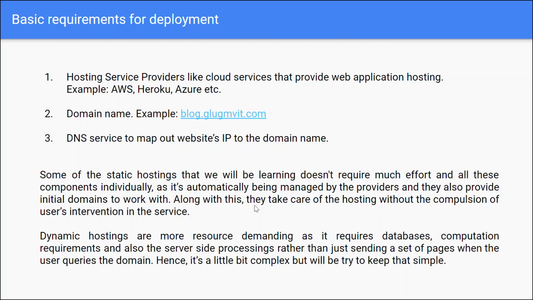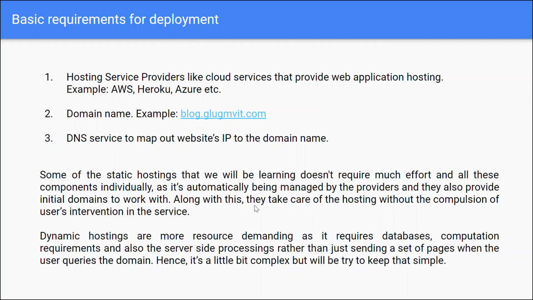In Azure and Heroku, which we are covering today, in the beginning they only provide one basic domain name that is not very useful, but you can use it to check whether things are working. The domain name is given in the beginning, and a DNS service is also provided for it. So you don't have to worry in the beginning about how to set up domains and DNS services, but they'll be covered in the later sections of the class today. So don't worry about that.